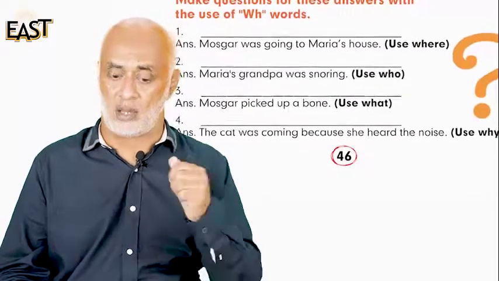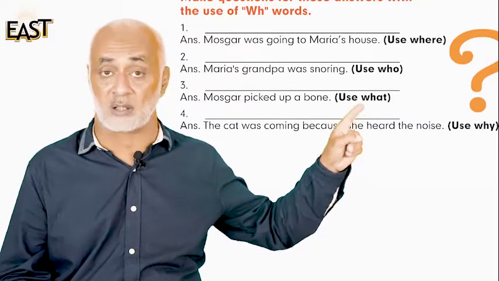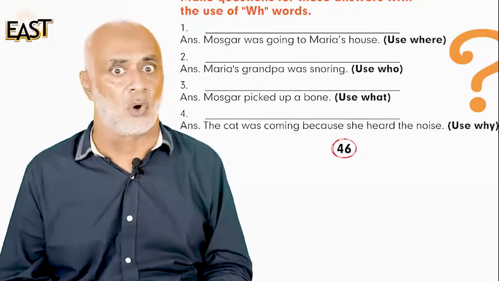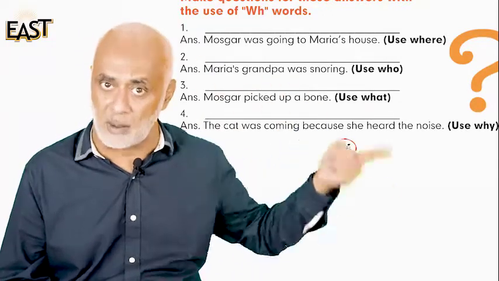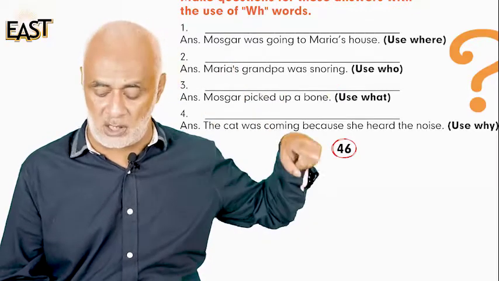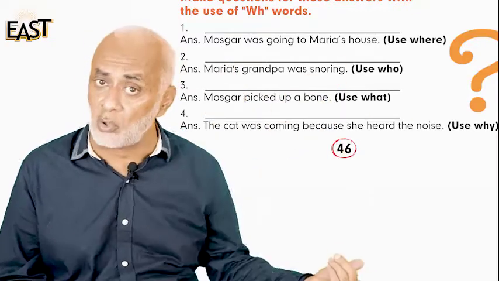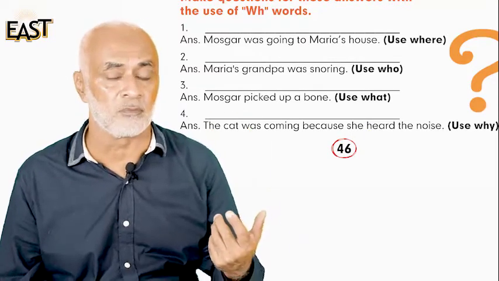And now, number 4. The cat was coming because she heard the noise. So the question will start with why. So the question is,